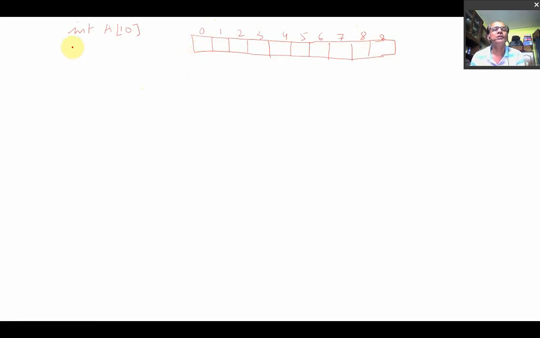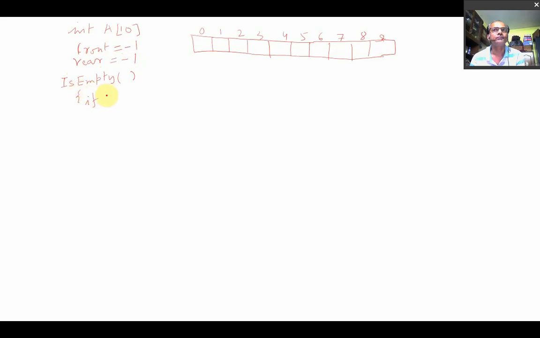Now initially front is equal to -1 and rear is equal to -1, right? Now I'm declaring the functions one by one. isEmpty. First check, how do you check whether the queue is empty or not? isEmpty function. How do you check this?